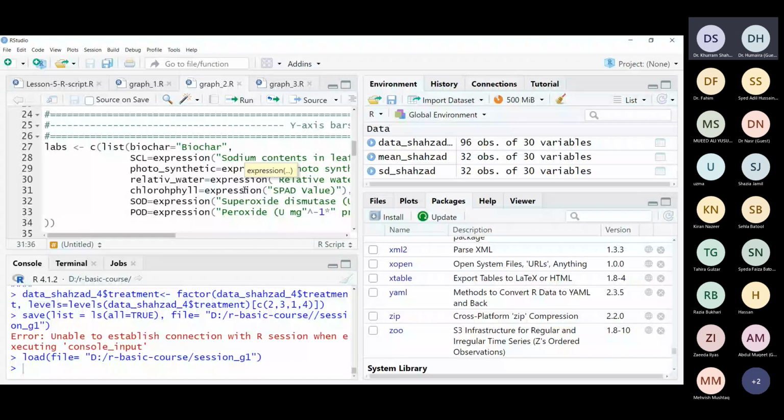What is the labs function? What do we want to do here? Can anybody repeat this? Yes, we use the labs function